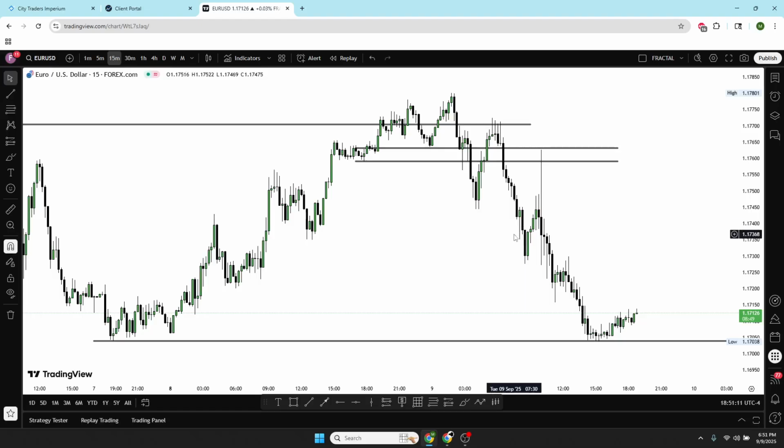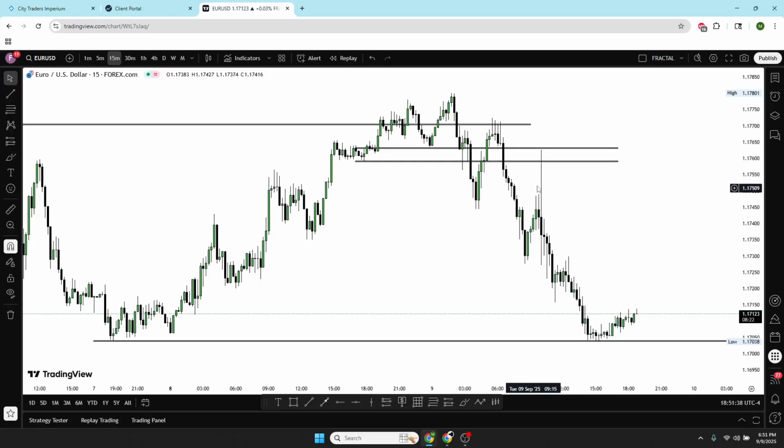The next setup would have been here from this high, breaking below this low, a break of structure. We already know that we're aiming for these sell stops down here. So this is not going to be a run on stops. These are breaks in structure. This is the price giving us clear confirmation that we're going lower. Break the structure, and then in the New York session,